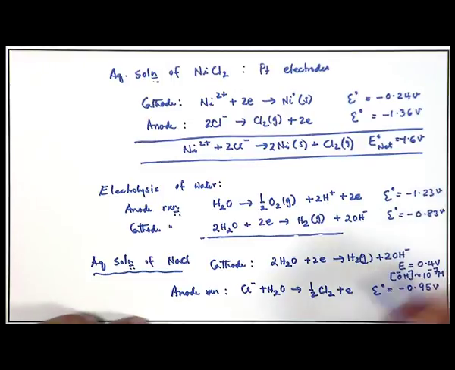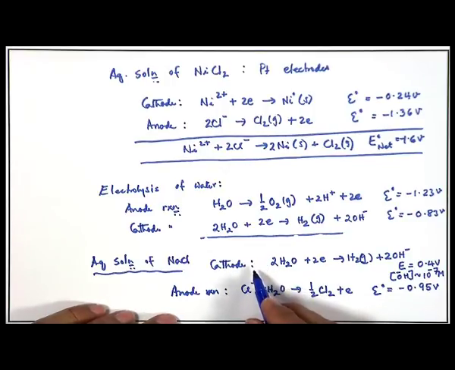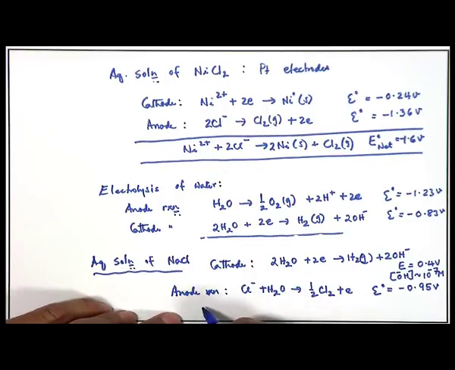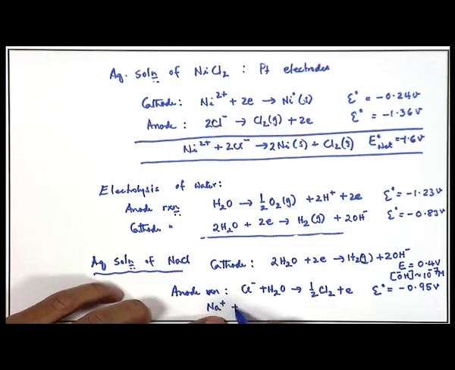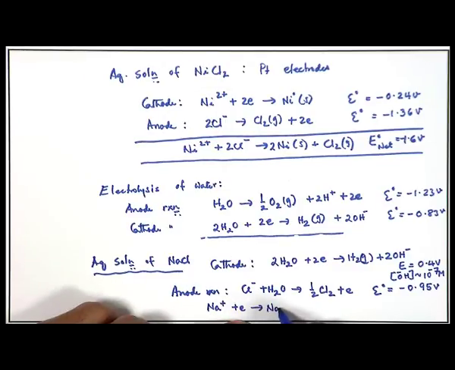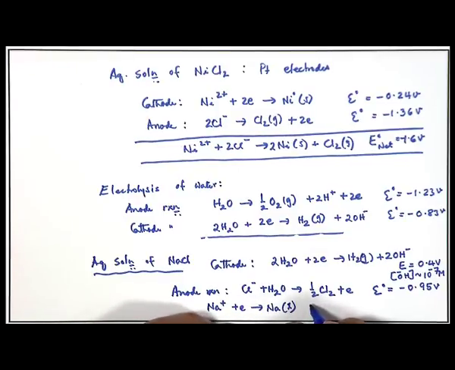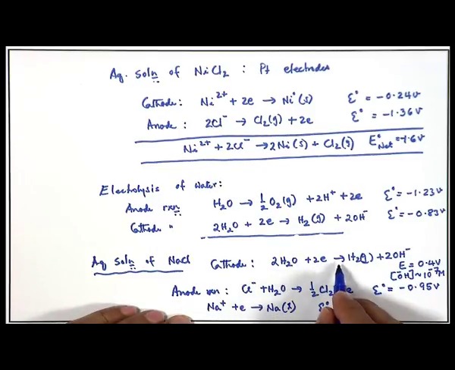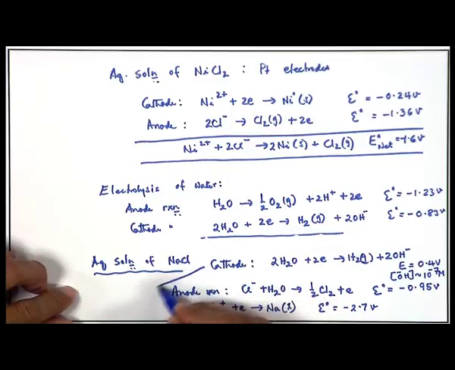And there is another reaction you can think of in the cathode case: reduction of sodium plus plus electron, that gets you liquid sodium, but its E naught is minus 2.7 volt. So, this is much larger in the negative sense. Therefore, this reaction will not be favored, but the other reaction will be followed. So, the net reaction will be